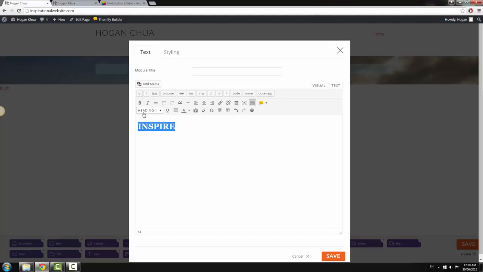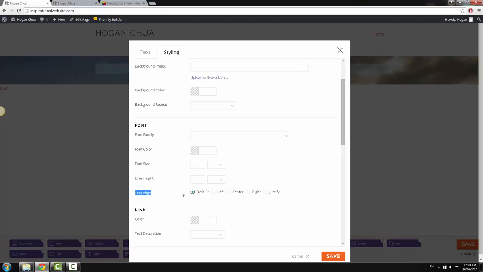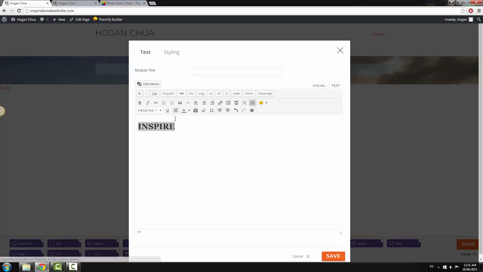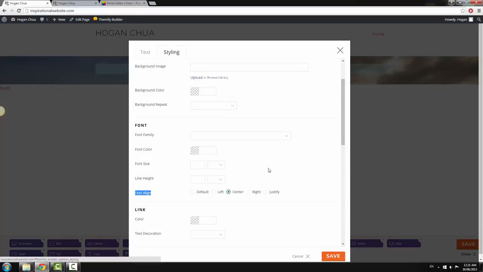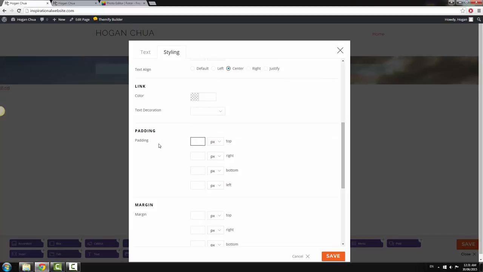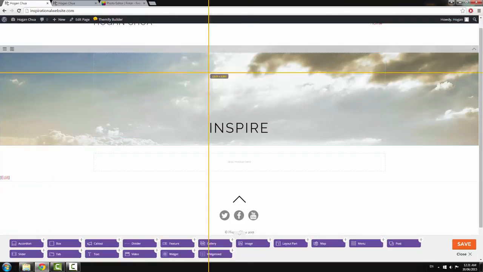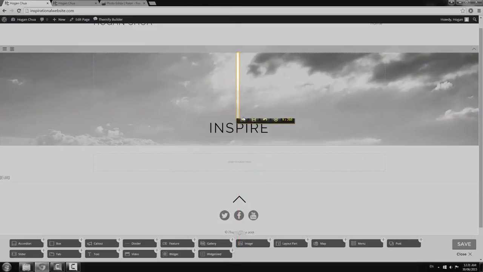So make sure this is the heading 1 tag, and then click on styling, and for the text you want to align it to the center. You can also align it to the center using this button here, but I'm just going to do it from here. Now you want to scroll down and add some padding. So padding is basically just some space, and you'll see what I mean. So type in 260, px stands for pixels. So we want 260 pixels on the top, and then just click on save. So as you can see, it's added some space for us,